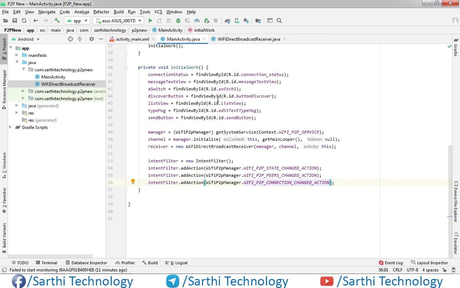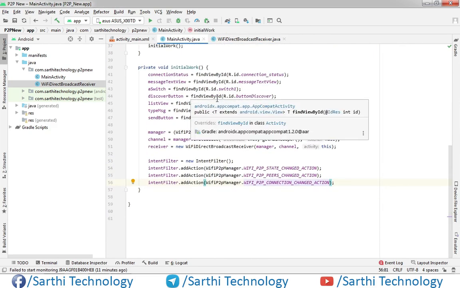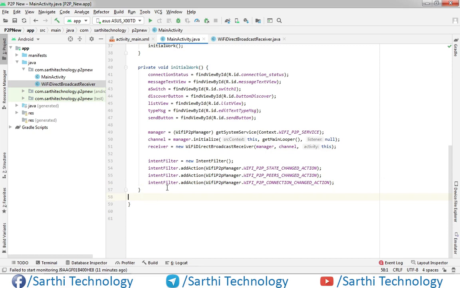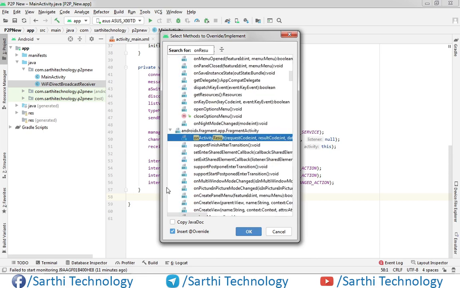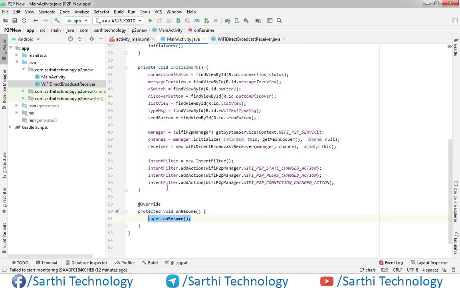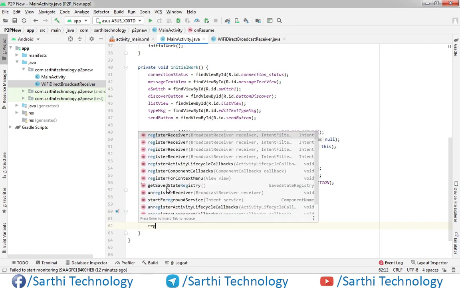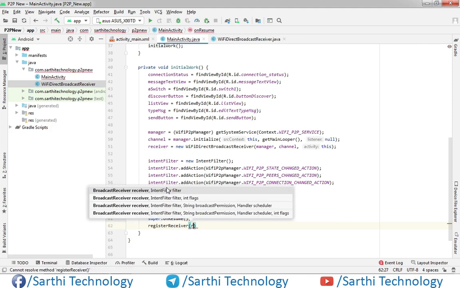Now we need to register the receiver in onResume and unregister in onPause. So here press Ctrl O, onResume, and here register receiver.